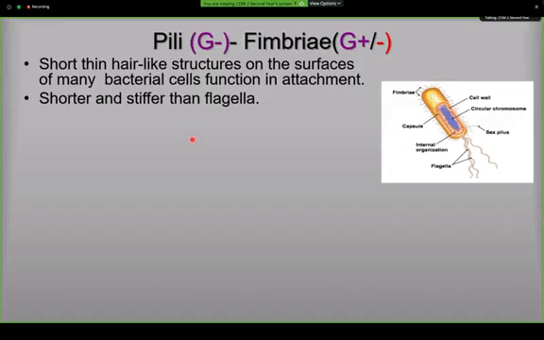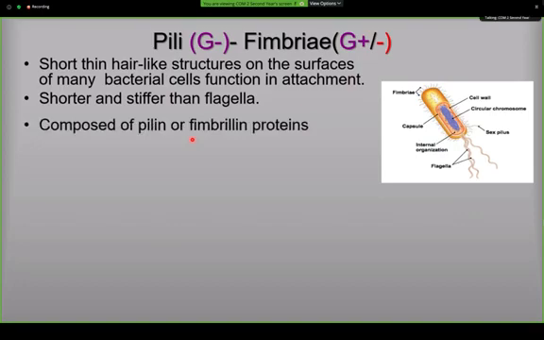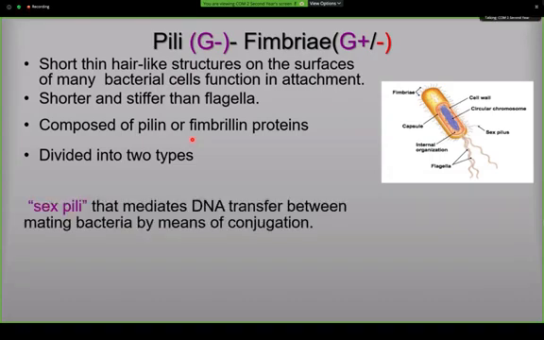If you see the flagella, they have long filaments, and this is the difference. Pili are shorter, and they are built of a protein called pilin, or fimbrin in the case of the fimbria. They are divided into two types, and the division here is connected to their role. So we have the sex pili, which mediate DNA transfer between mating bacteria. If you have bacteria meeting together, the pili will connect the bacteria. I think I have an image. It will actually facilitate the DNA